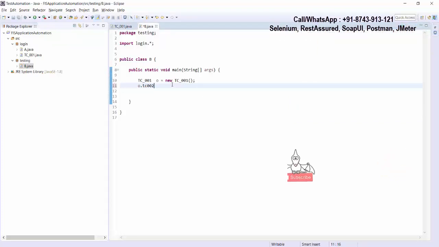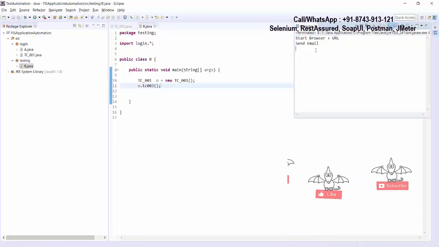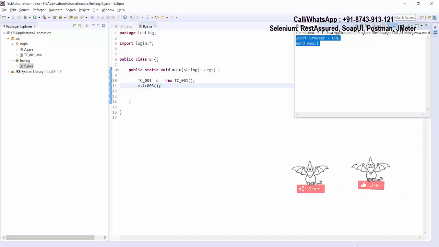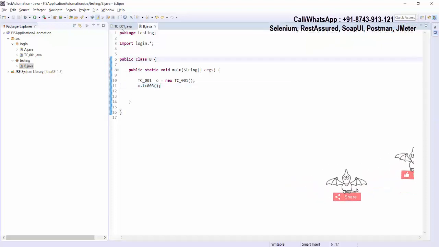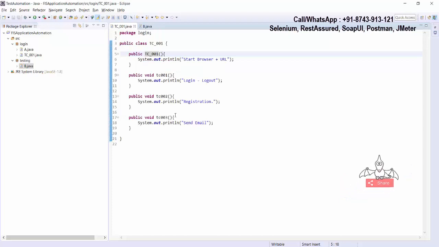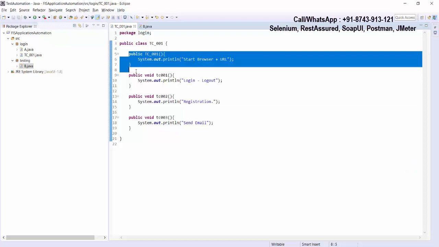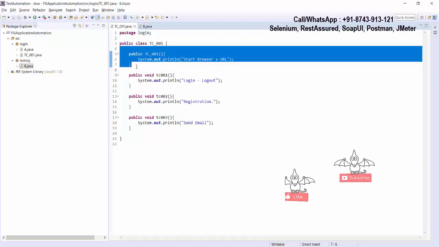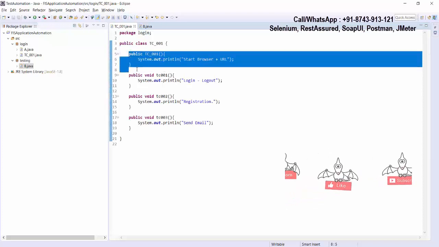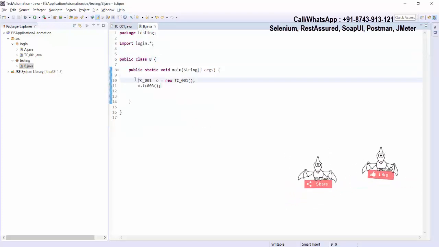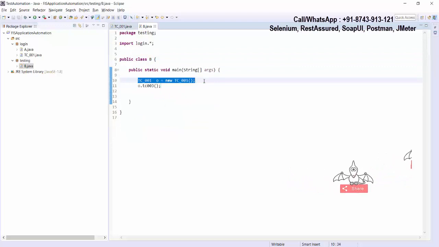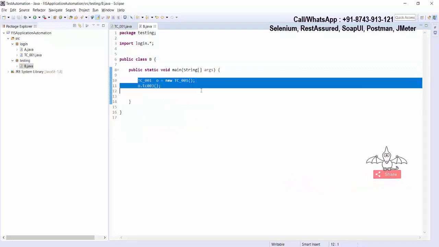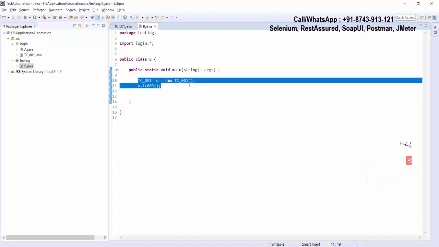In the same way, if I go for test case 3, again first the constructor will execute, then the rest of the code. So that is very straightforward to understand. Whatever code you think should or must be executed at the start of the class, so that whenever anybody wants to use your class this code executes, in that case you will place that code into the constructor. So now the user will not have to call your code explicitly. That constructor will execute automatically and the rest of the code I can call wherever required.